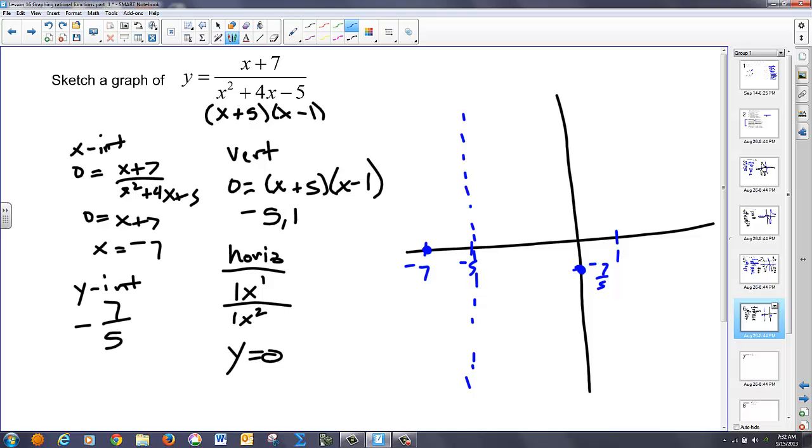And now here's also a case where I have a horizontal asymptote at 0. So here's that case I was talking about. We actually do have a point on a horizontal asymptote, which is fine because, once again, horizontal asymptotes only describe